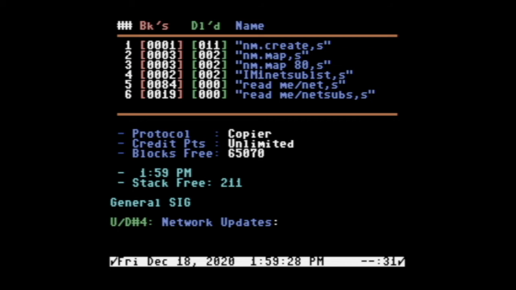It's important to have this area available on your BBS as Node 1 administrator of the network, so that whenever there are new boards that are added to your network, they have a place to come and download the nm.create file from. Without the nm-create, they won't be able to create their nodes. And the other files are nice to have, but not actually necessary in order to join the network as a new node. When I assign the drive device and drive number for this UD, I use the actual email drive of this BBS. And in that way, these files will always stay current. If there's any new nodes that are added, the nm-create will be updated,